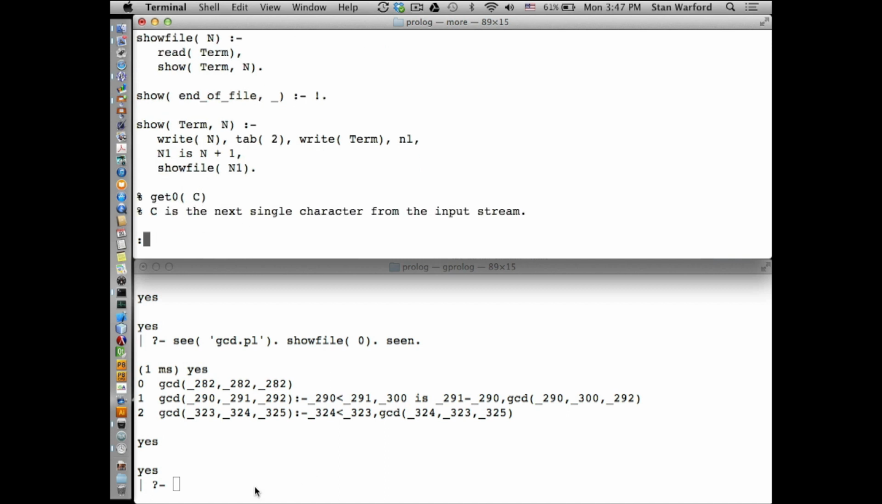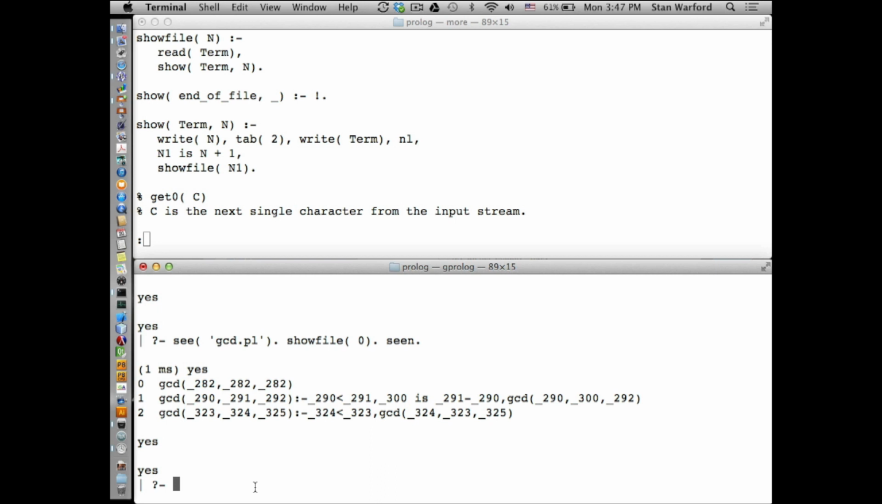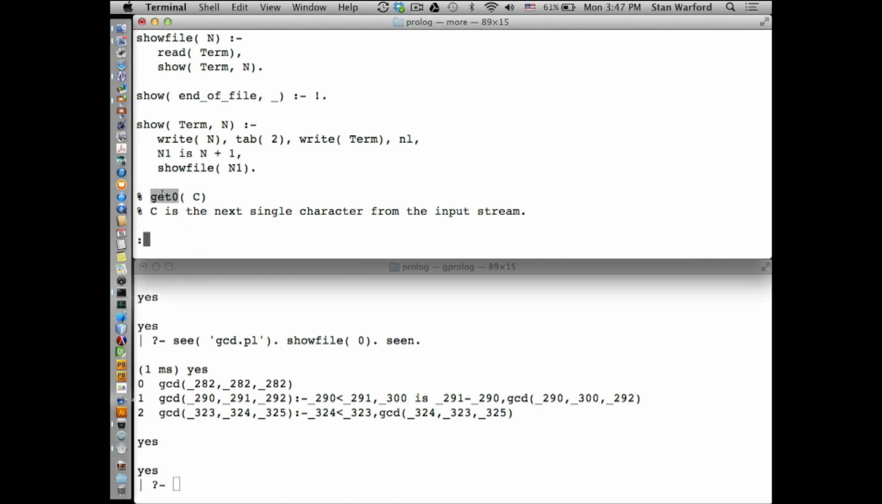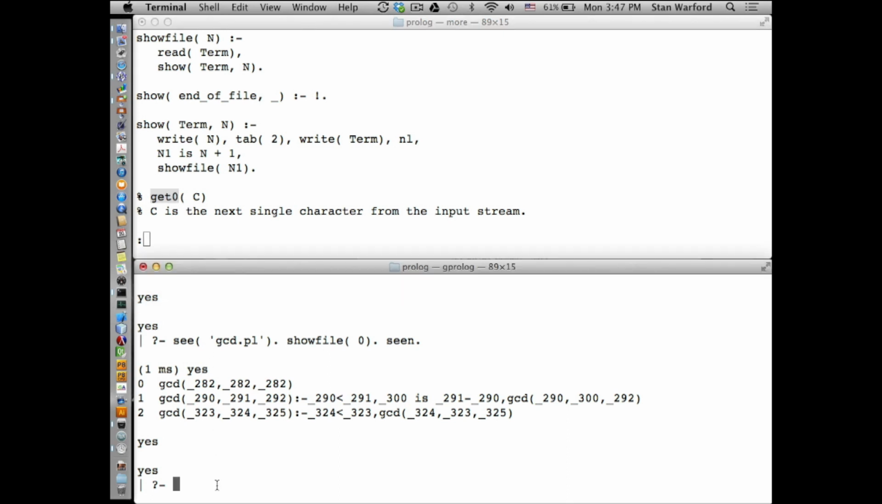And just one more concept here, and this is the concept of get. Actually, get 0. Get 0 is built in. This 0 is the name of the functor that's built in. When you say get 0, C is the next single character from the input stream. So check this out. If we say